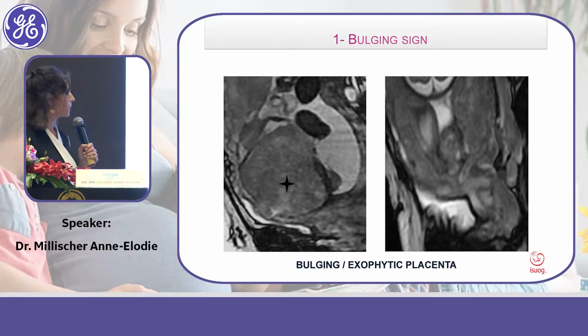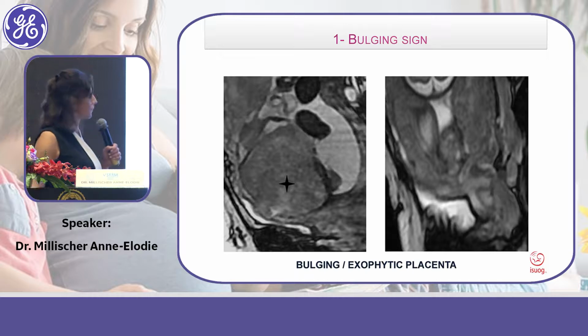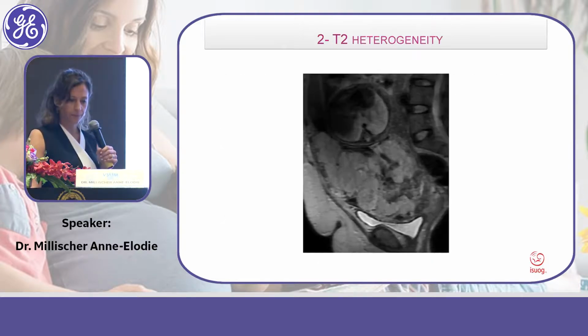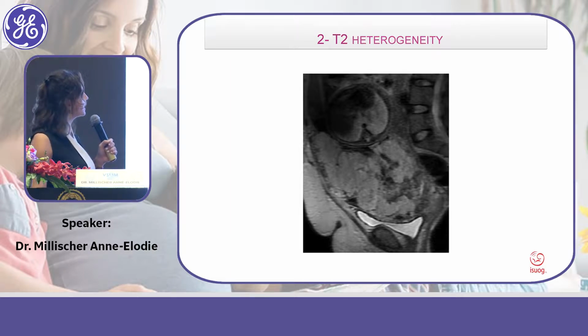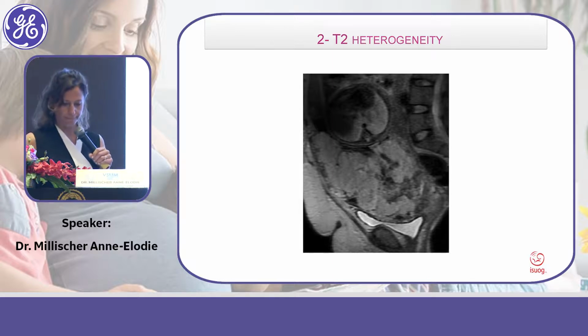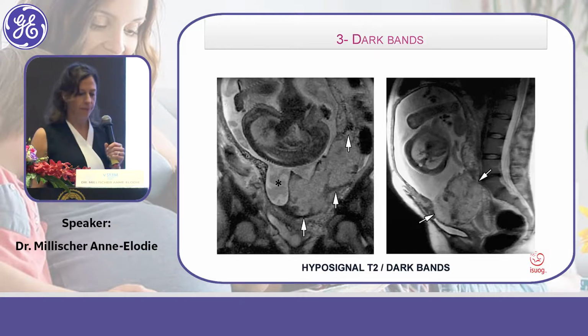Và đầu tiên là các bạn sẽ thấy cái bánh nhau này nó dày và nó có hình ảnh hơi bất thường và nó lồi vào phía trong tử cung. The second point is the particular heterogeneity of the signal inside the placenta. Và ngay trong cái bánh nhau bình thường, cái tín hiệu của nó không còn đồng nhất nữa mà nó rất là không đồng nhất.